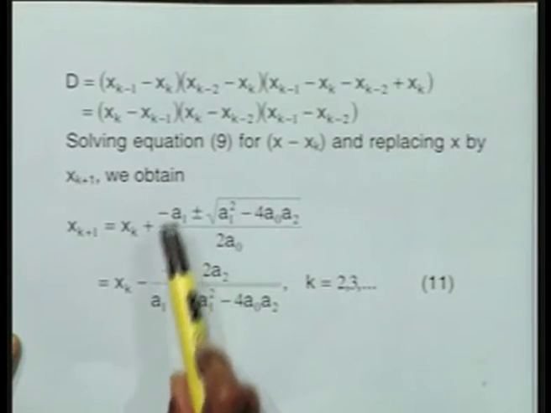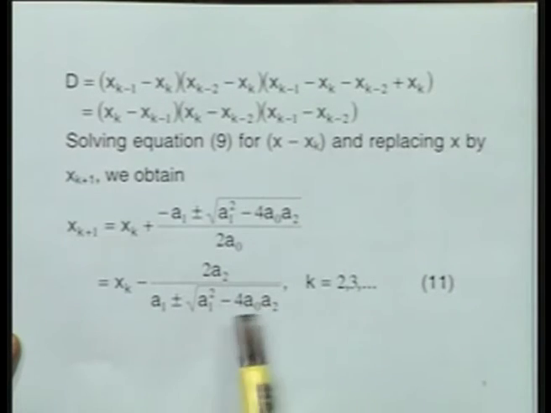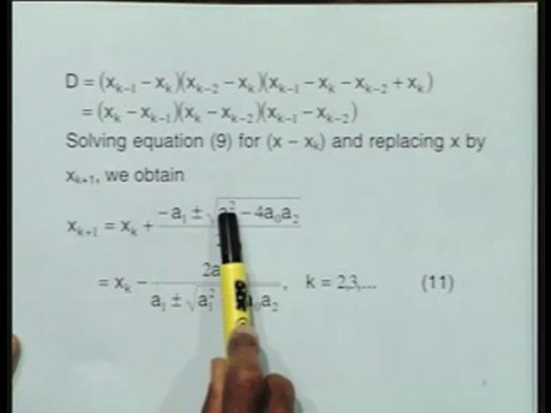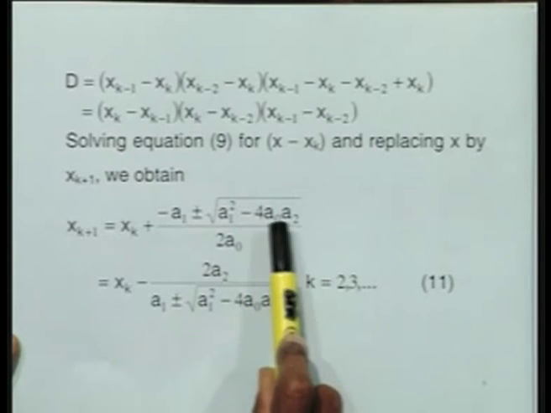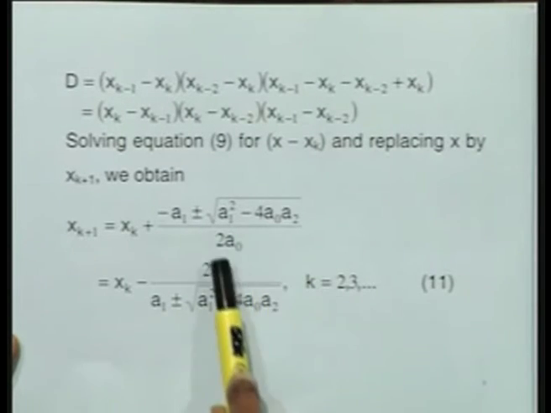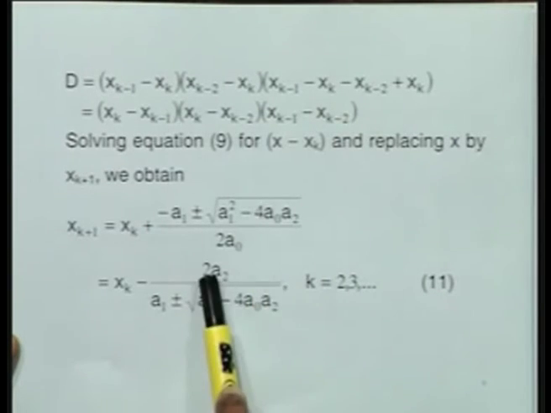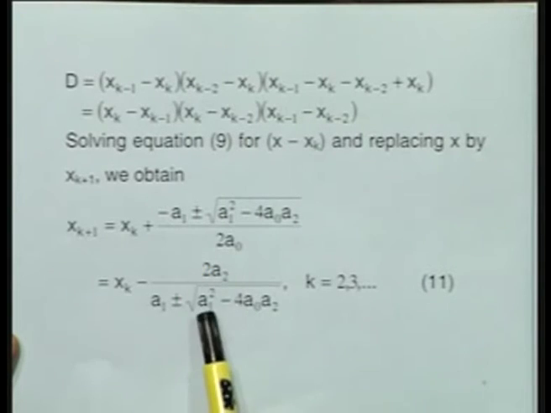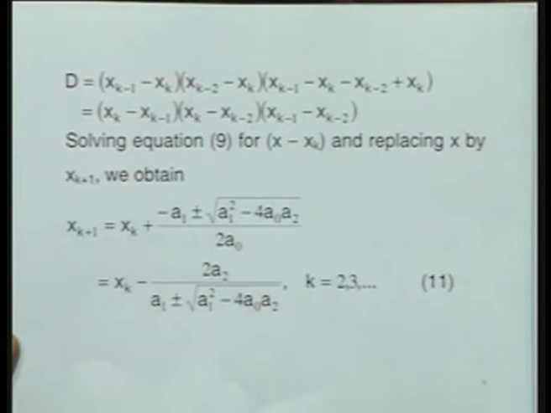So I multiply the numerator and denominator by minus a1 plus minus the square root of a1 squared minus 4 a0 a2, and when I multiply it out, you can see a1 squared cancels with a1 squared, and I have plus minus 4 a0 a2. Out of this 4 a0, there is 2 a0 in the denominator, it cancels. So what is left is simply 2 times a2, and in the denominator I have a1 plus minus the square root of a1 squared minus 4 a0 a2. So the minus sign has been taken care of by writing this.